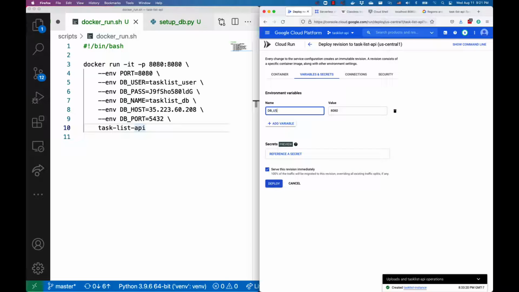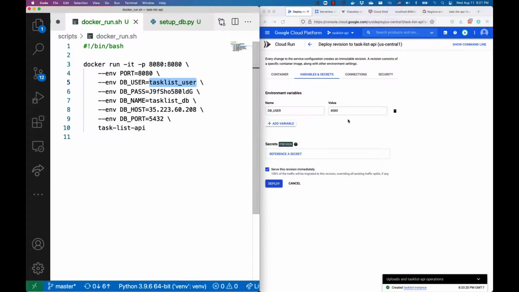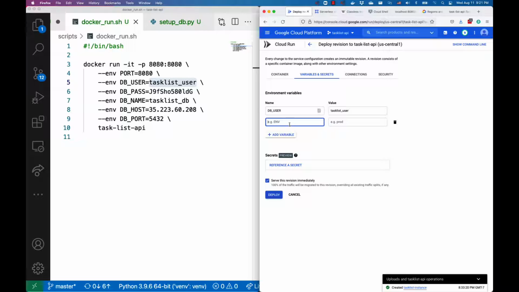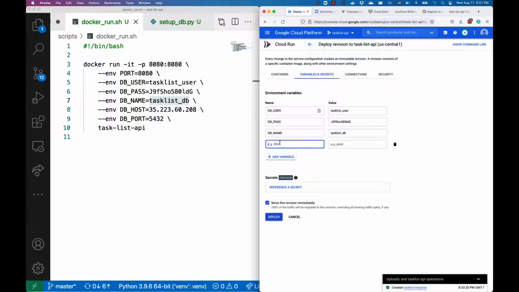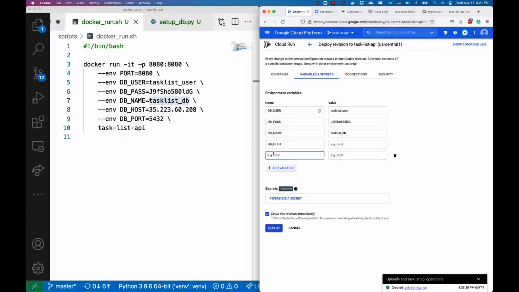So db user and db pass and db name, but I have to spell it correctly. And db host, and this time it's going to be different because I'm going to use the private IP. So I'll fill that in a second. And db port,